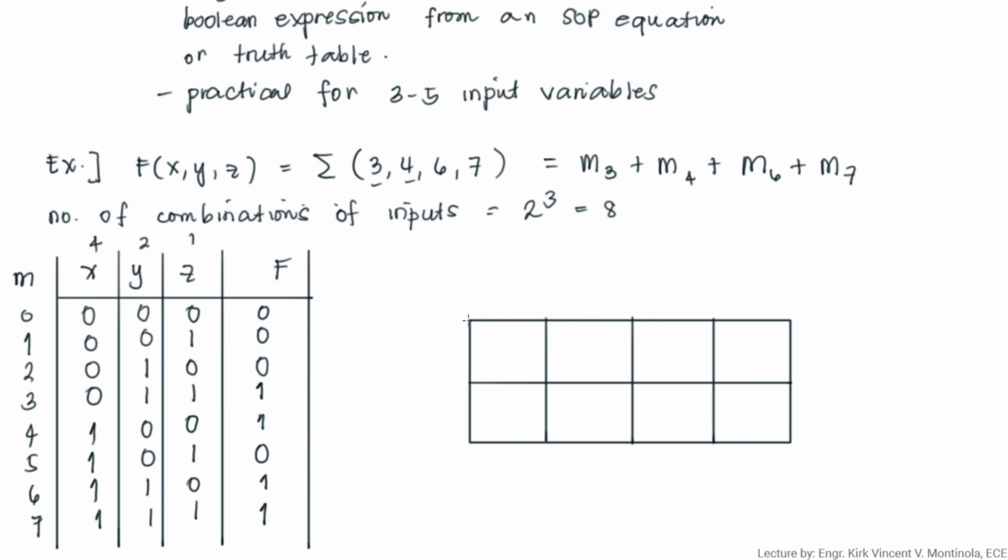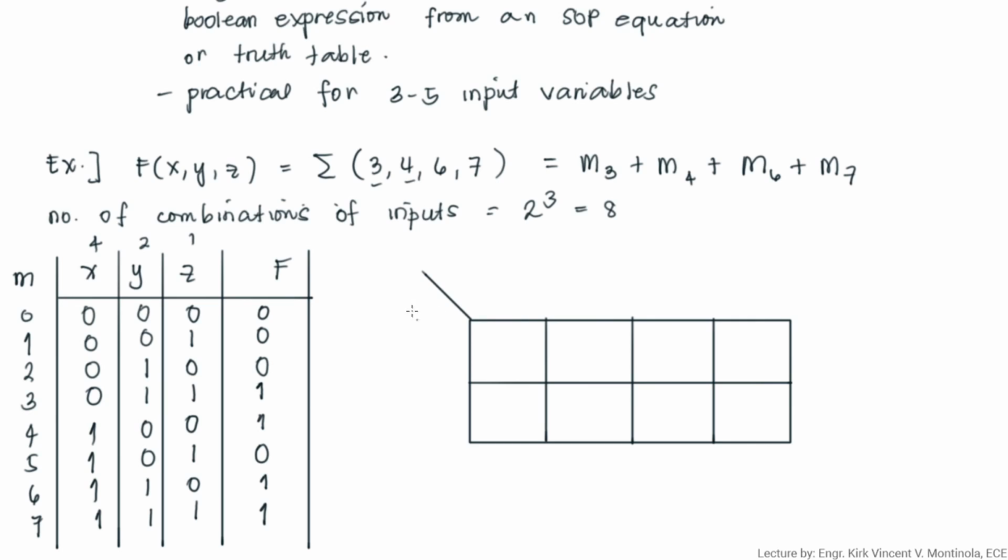Then draw a diagonal line here to signify a certain input variable. Okay. So we pair Y and Z. Actually, class, pwede nyong i-pair yung X, Y, or Y, Z, yung adjacent sa kanila ba. But the best practice would be always na sino yung pinaka-rightmost na mga input variable, sila yung pinapares. Yun yung best practice ha. Pero pwede namang X, Y, or Y, Z.